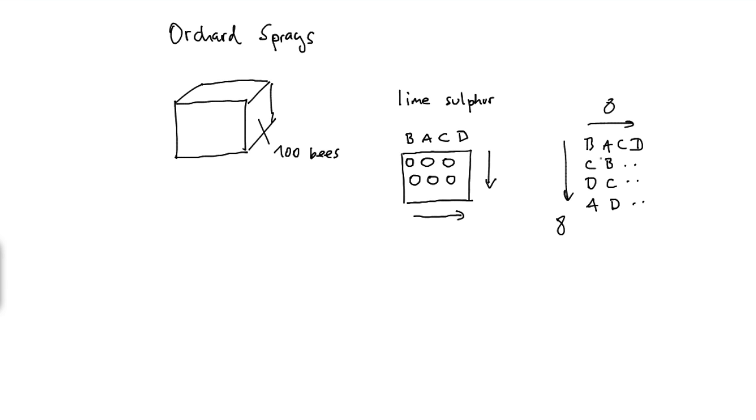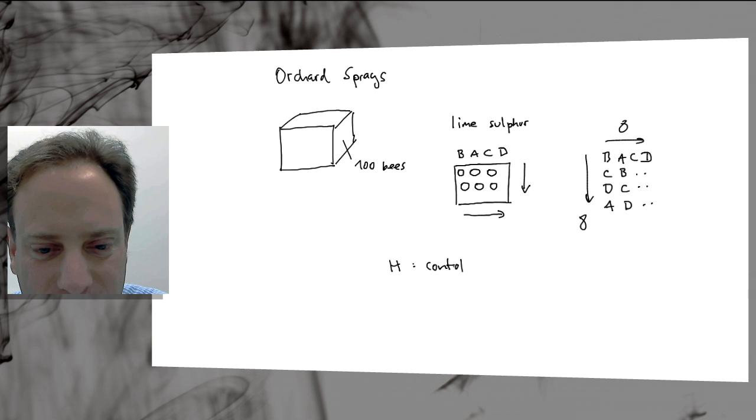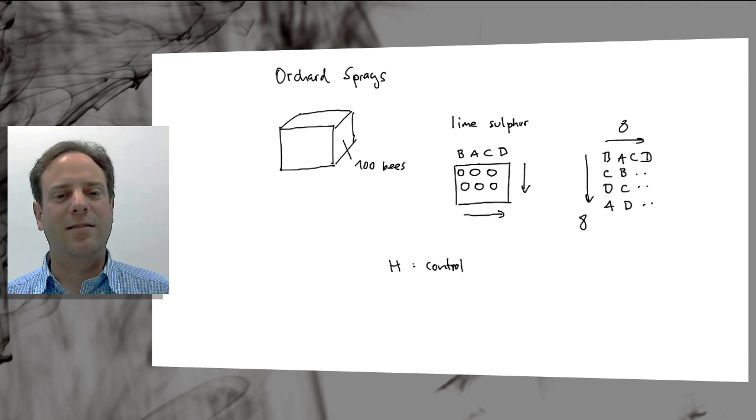Each treatment, A, B, C, D, E, up to H, was then treated with a certain concentration of the pesticide, and the treatment H was the control treatment. Alright, so that's a very quick introduction to this dataset, and we're going to use R now to